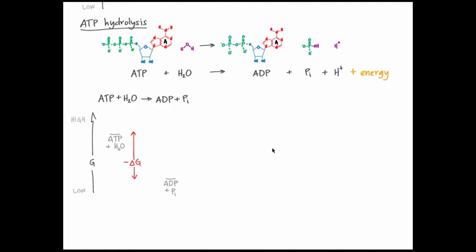But if the hydrolysis of ATP is so favorable, why doesn't ATP break apart on its own in cells? Remember that how easily or quickly a reaction takes place has more to do with its activation energy than with delta G. The activation energy of ATP hydrolysis is high enough that ATP does not hydrolyze without the help of an enzyme. This is what allows us to use ATP as energy storage.